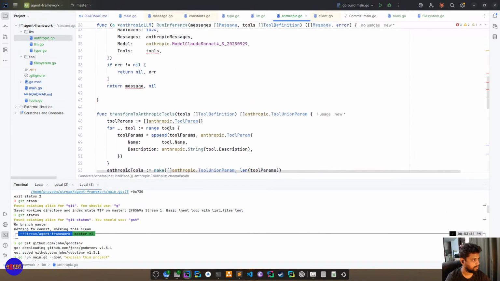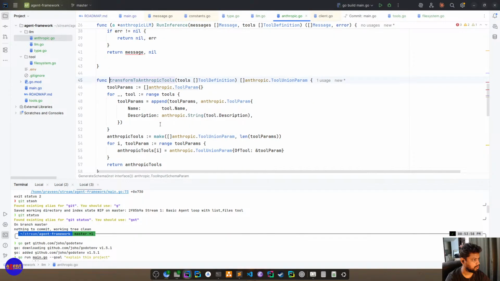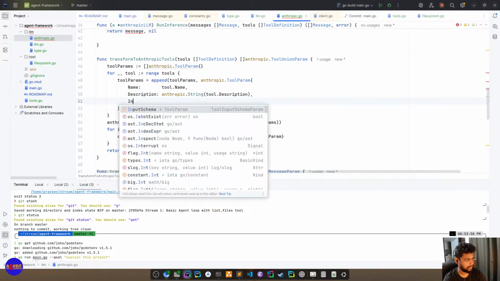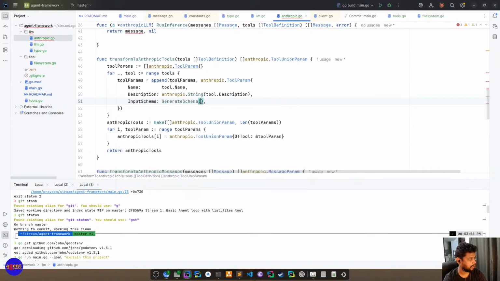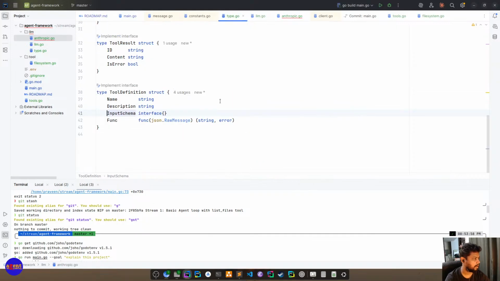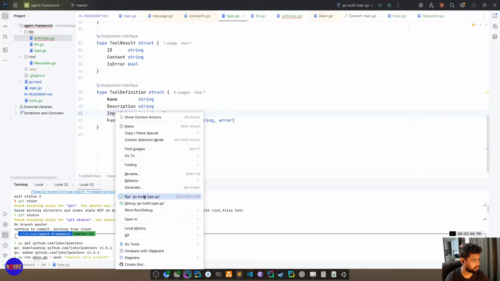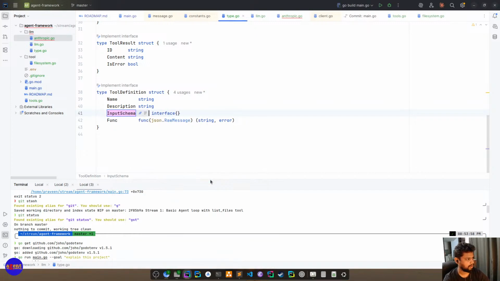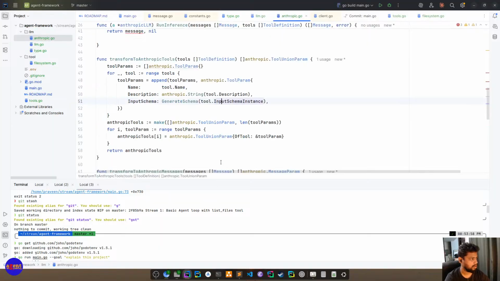The input schema is a generic schema. Actually, let me refactor this to say instance, right? That is all.